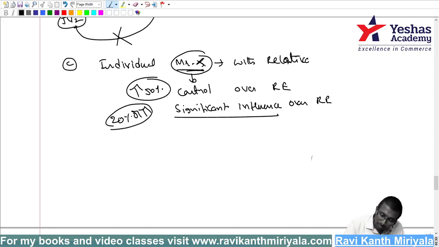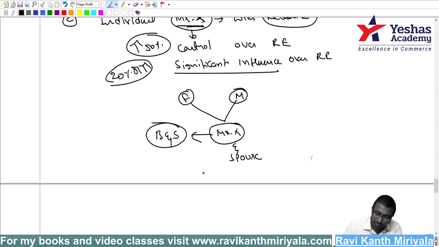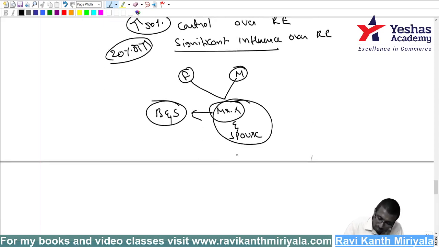Okay, right. But who is a relative, sir? For Mr. X, who are all called relatives? First father, then mother. Next brother and sister, of Mr. X only, not his wife. Then the wife will join, spouse. If it is Mr. X, as I told, the wife is not a problem. And their son and daughter. That's it.